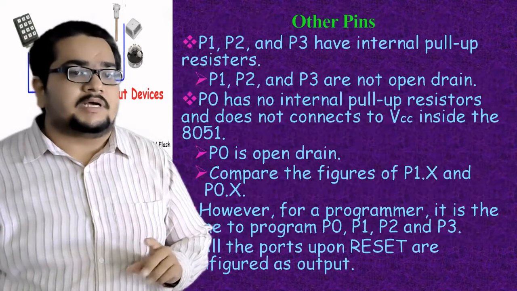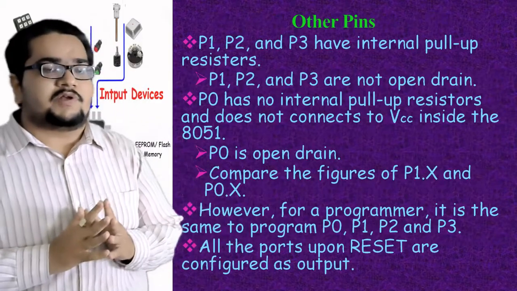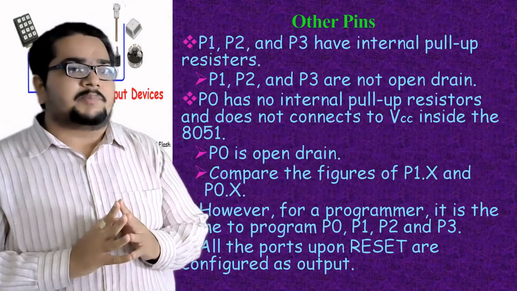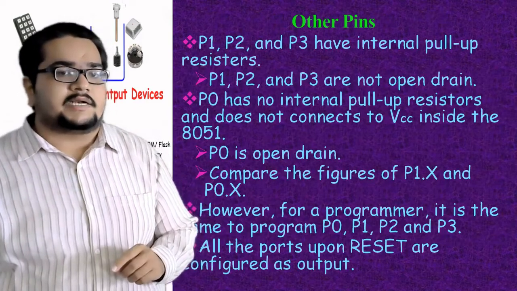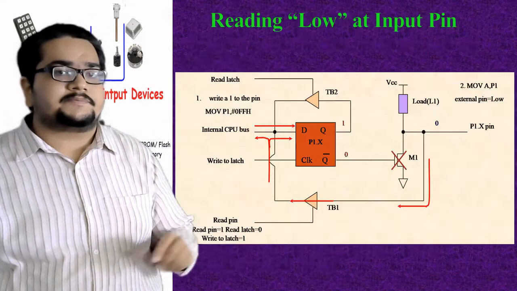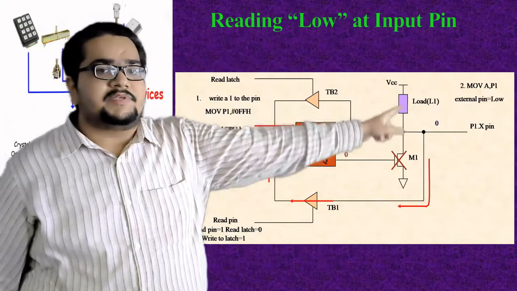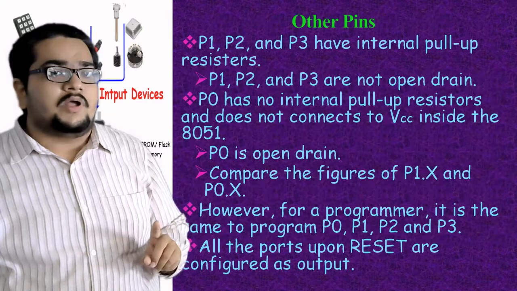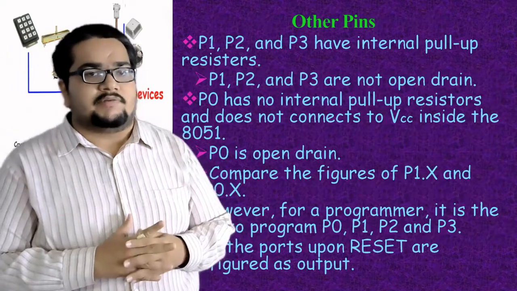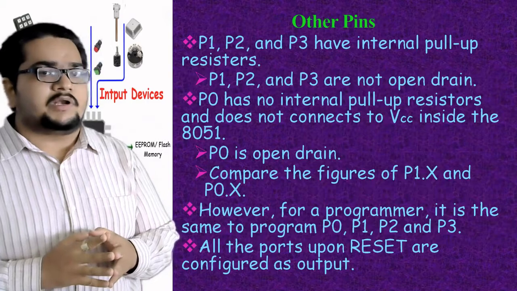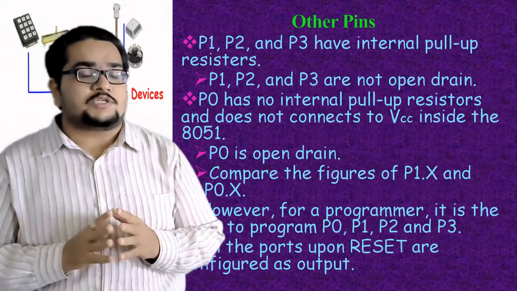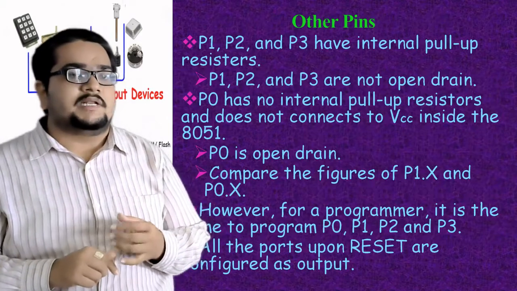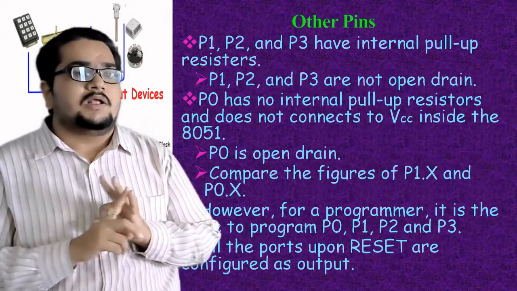Next, let us talk about the other pins, specifically port 0 pins. You have to understand this very clearly. Port 1, port 2, port 3, they have internal pull-up resistors connected. Internal pull-up resistors connected means something like this particular load connected between VCC and that pin. Internally it will be there for your port 1, port 2 and port 3, but for port 0 it will not be there. The reason is that port 0 already has dual functions, it has to demultiplex AD lines, address and data dual functions are there. So basically not dual but 3 functions are there on that particular port 0.